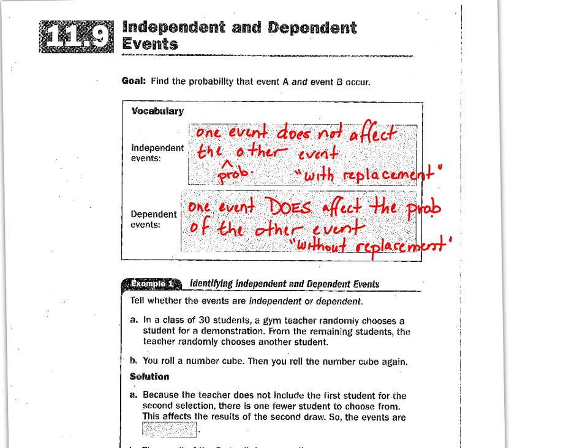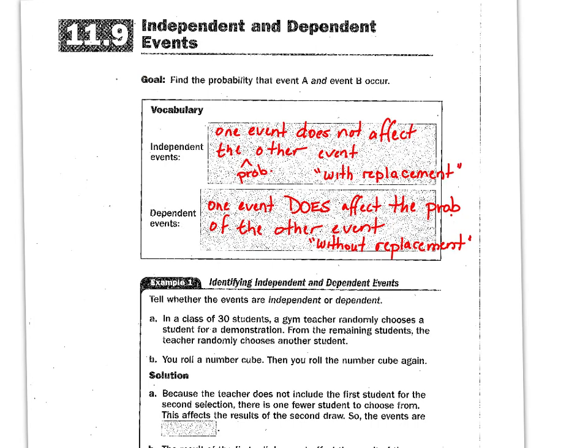Periods 1 and 2. We are talking about independent and dependent events today. So you should be able to determine whether an event is independent or dependent. An independent event is an event where one event does not affect the other event. You will see the words "without replacement" in the words. You will also know that if I flip a coin and I spin a spinner, they don't have any effect on each other. So those would be